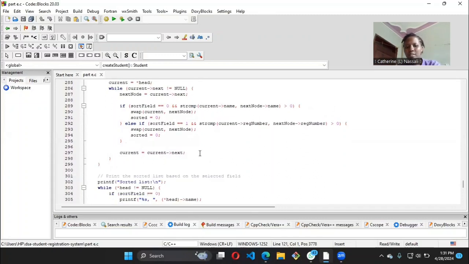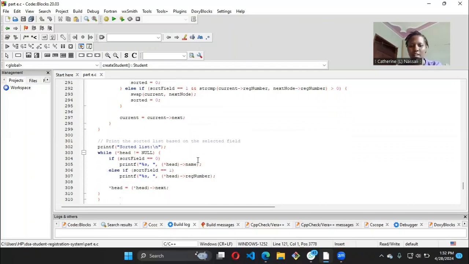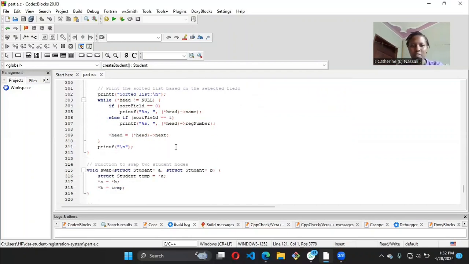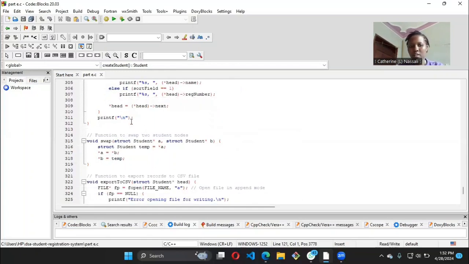But as it's working through this, it will be searching each node, checking if the arrangement that is requested for is, well, let me say it's ascending order, to check if the linked list in node A is greater than, or is supposed to come after the linked list in the second node that comes after A. So with that, this is supposed to be a function to allow to print out the sorted list once it's done